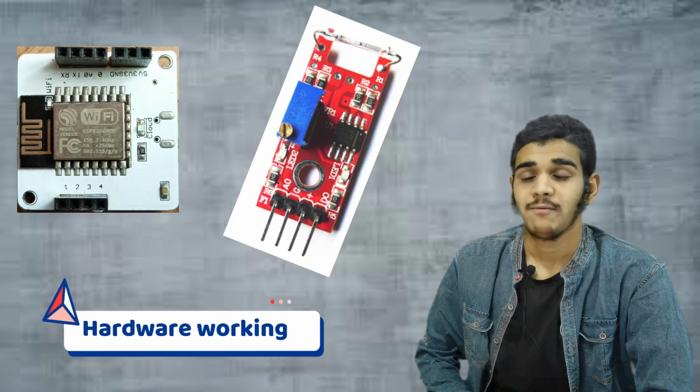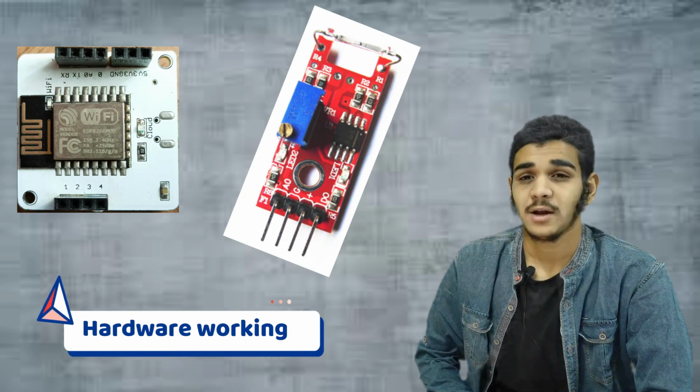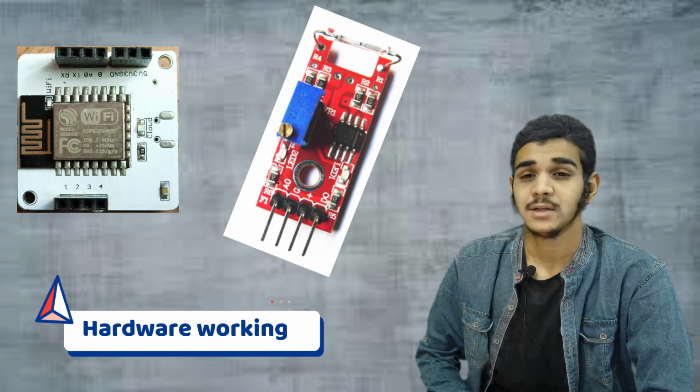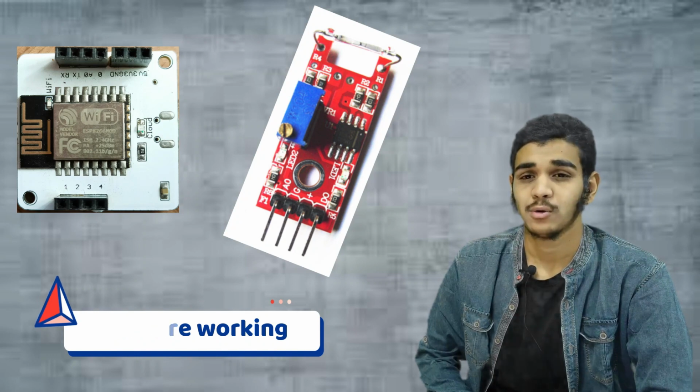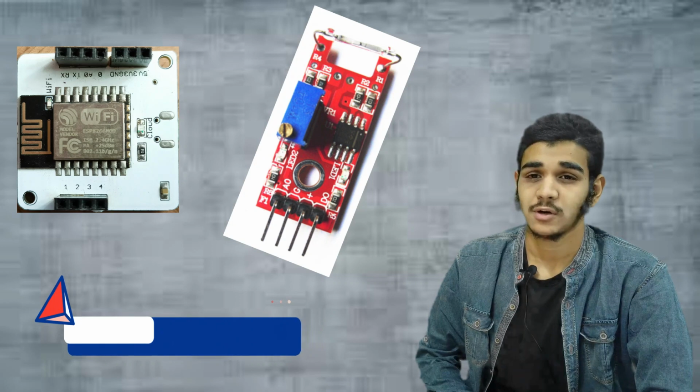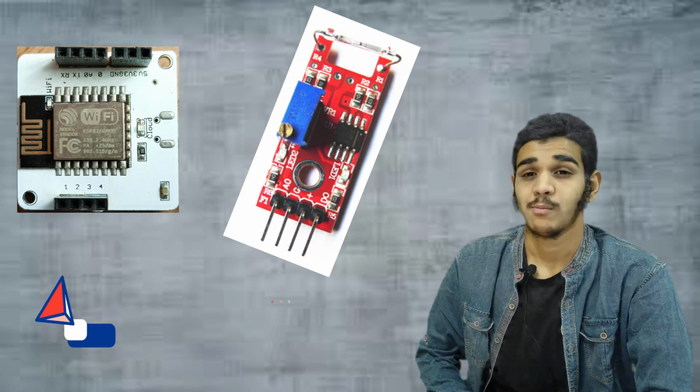If the magnet of the box door is near the sensor, it means that the door is closed. When the magnet is away from the sensor, it means that the door is open. This is how the reed switch sensor detects whether the door is open or closed, and it will send the update via the Bolt Wi-Fi module to the server. So the button must be pressed when the door is open.